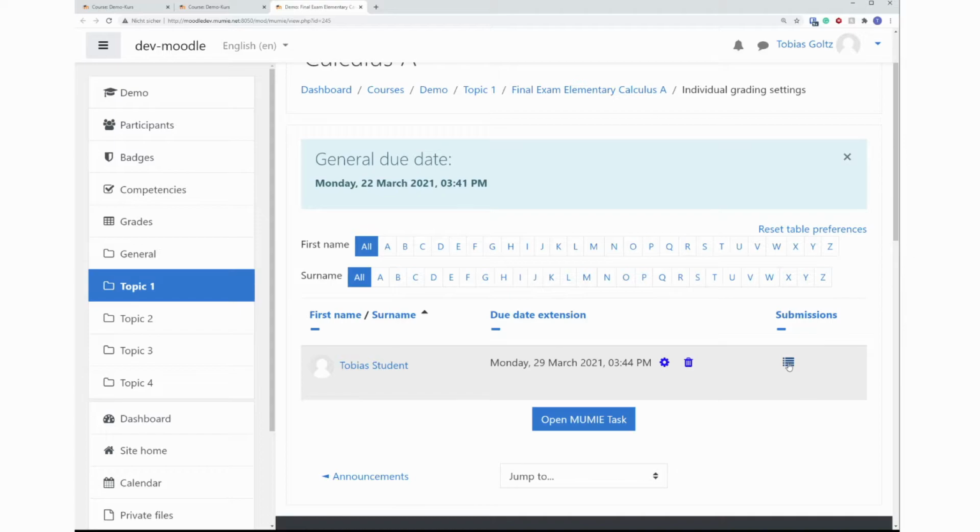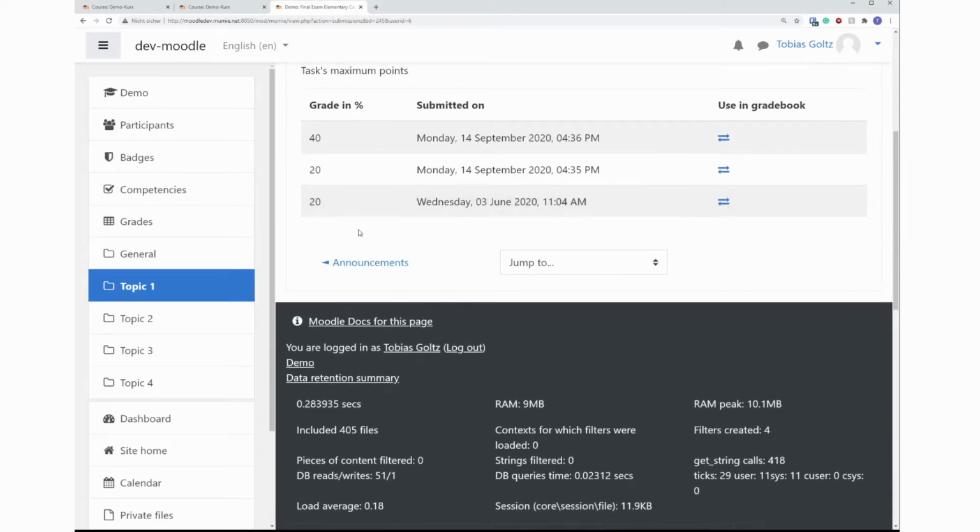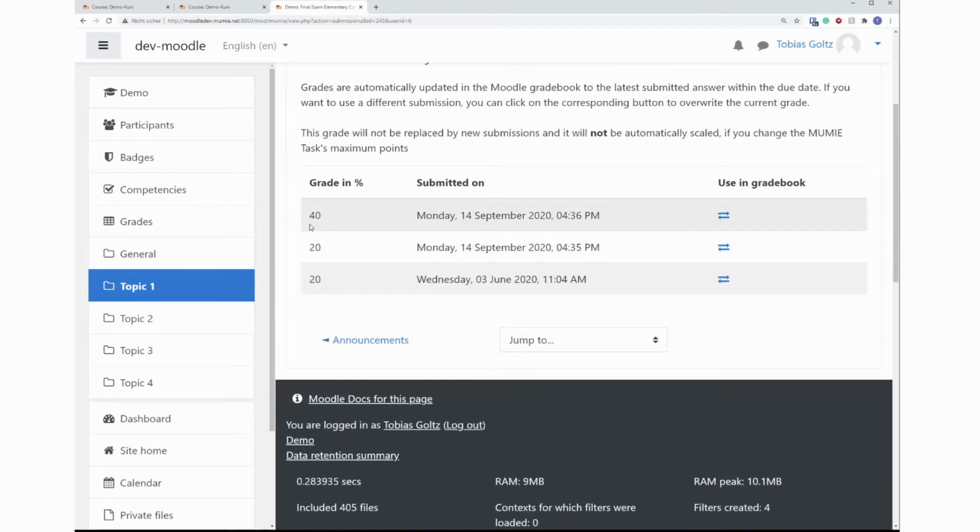If you remember, students can answer and submit their answers for most of the MUMIE tasks more than once. So we're just going to click on this submission button, and you will see that there are multiple submissions by this user for this very single task. You see there is 1 for 40 and 2 for 20,